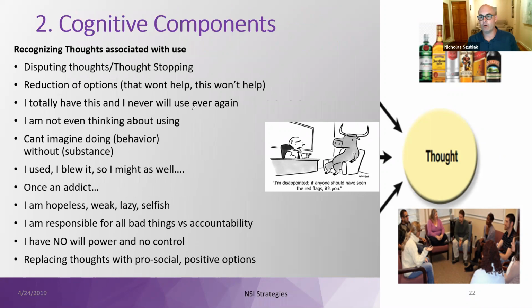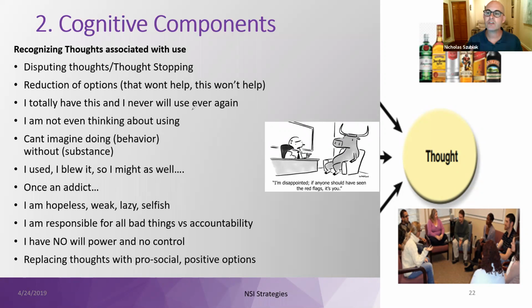And so cognitive components. So this is really connecting that thought part of, am I thinking about using drugs and alcohol to help me manage this situation? Or am I maybe using some alternatives like a support group in the picture below? And we have our cartoon here. It says, "I'm disappointed. If anyone should have seen the red flags, it's you." Certainly that is true for a bull who supposedly has an eye for red things. However, this is actually a myth that many of our patients, because of what's happened in the neural circuitry and neuroadaptations in their brain, they don't see the red flags. We have to build that back in for our patients.